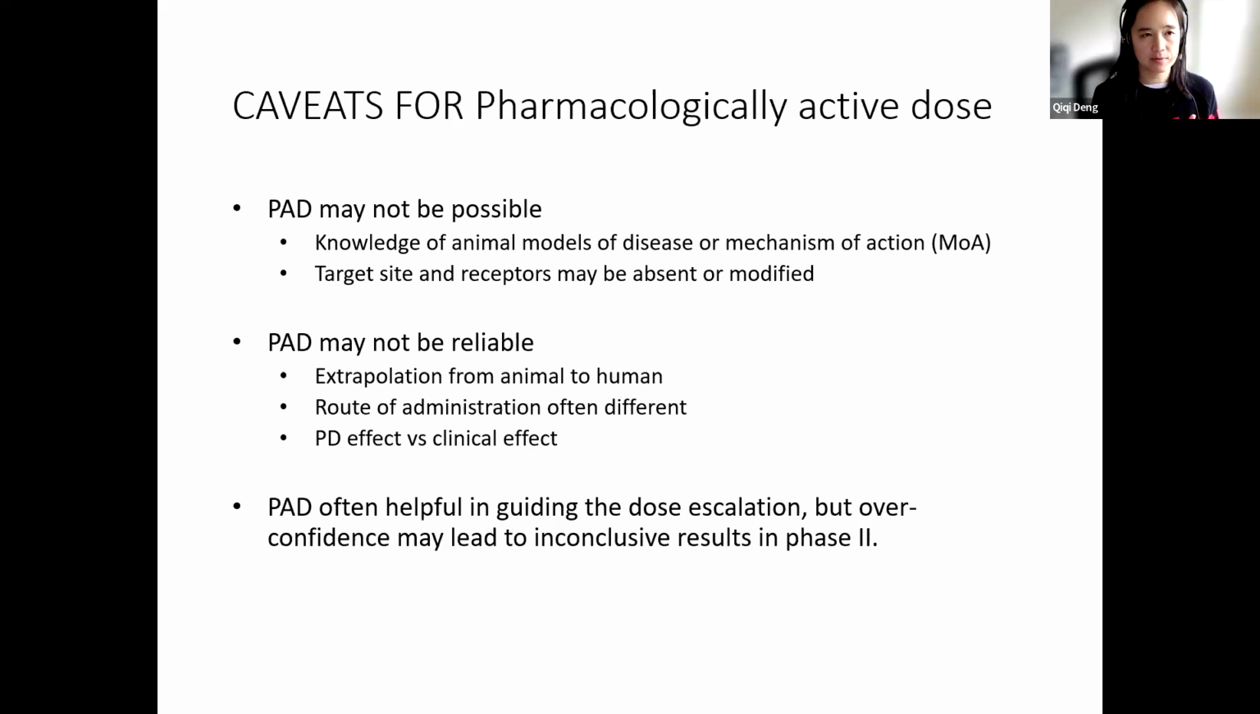However, there are many caveats for using that. First of all, in order to know what dose might be useful, you need to have a very good understanding of the animal model of the disease and the mechanism of action. And that knowledge is not always available. And then the information about the target site or receptors may be absent or modified. So in some cases, you probably are not going to get a lot of information before you really start the clinical testing. And for some other cases, even if you have the prior information